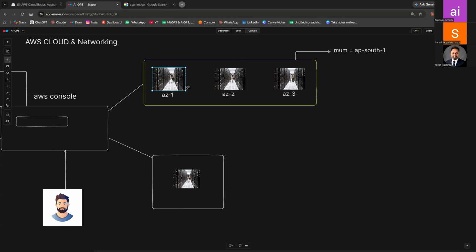This region is combining the real data centers, and in between these data centers there is full mesh connectivity. It means all the data centers will be connected.